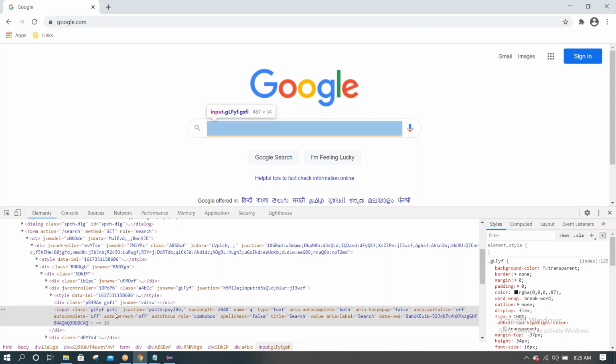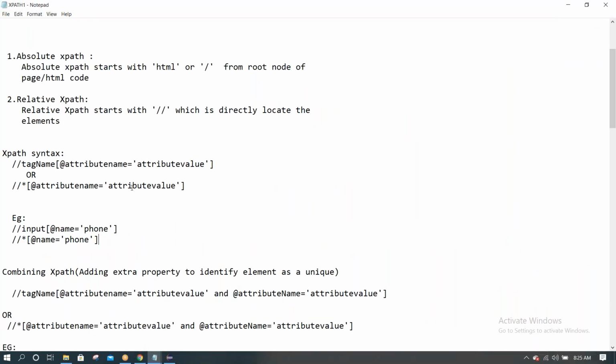In a general way, we can say these are properties: spellcheck, title, variable, data. These are all the properties, or we say attributes as per HTML vocabulary. We can use any attribute to write an XPath. Whichever attribute you think is unique to that element, we can write an XPath using that attribute.